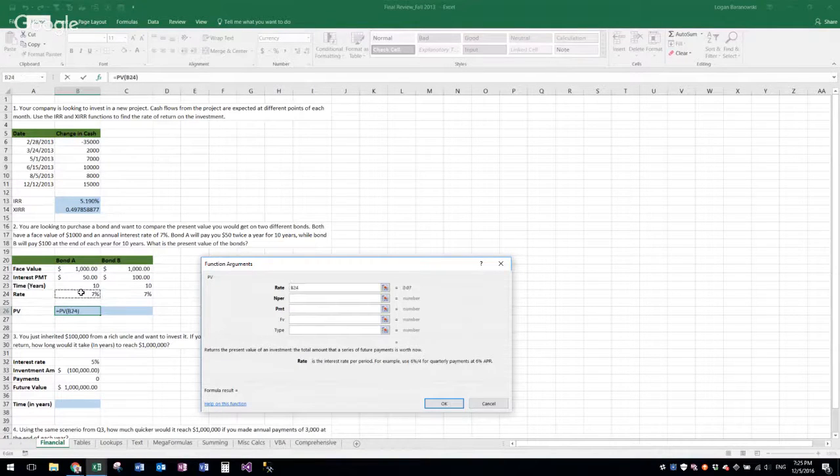So we'll click on the percentage point here, and we'll notice that's 0.07. If it's ever 7, you may have to divide by 100, so keep that in mind. Your N per is going to be how many periods you're going to occur. So we see this is 10 years, and we know it's occurring once per year. So it's going to be 10 times 1, because 10 years times 1 time